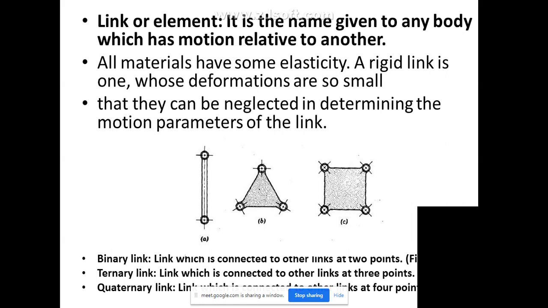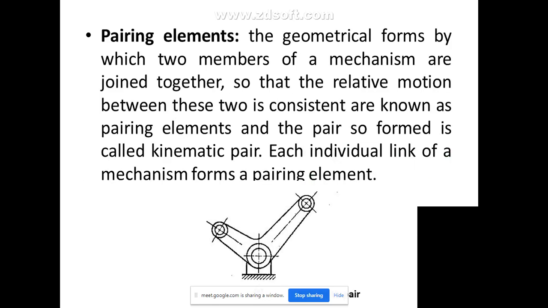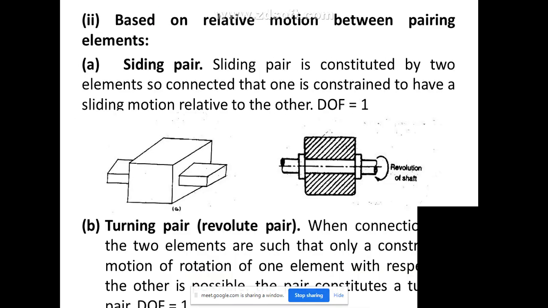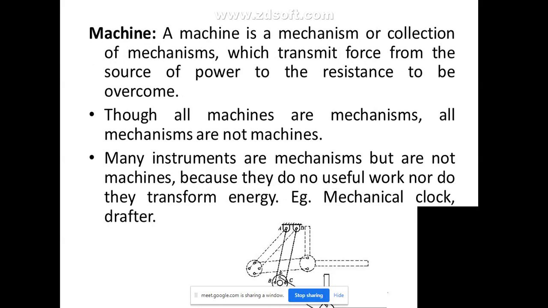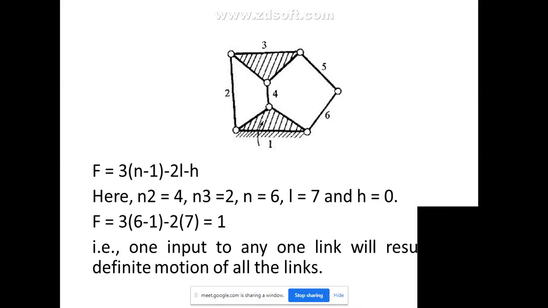So always you see the shaded portion. It will be completely filled with some dots, or completely filled with some hatched lines. Hatched lines show that it is entirely one link. So I just discussed the same thing. This is considered as one link. Be careful. Always be careful with this.